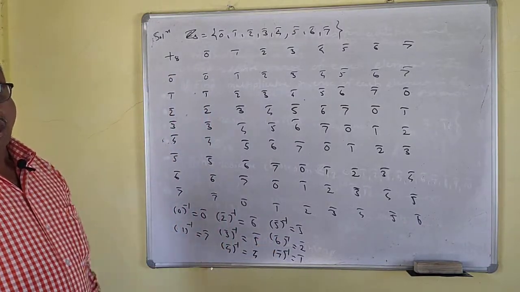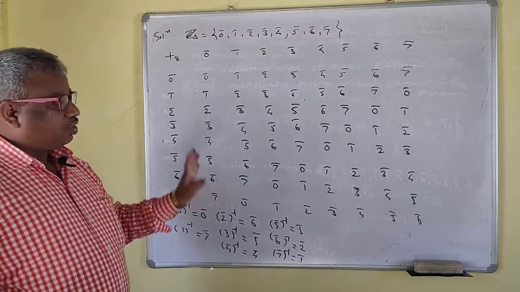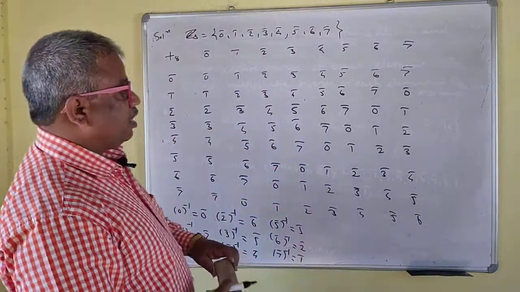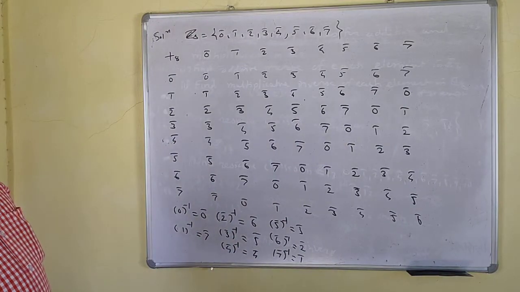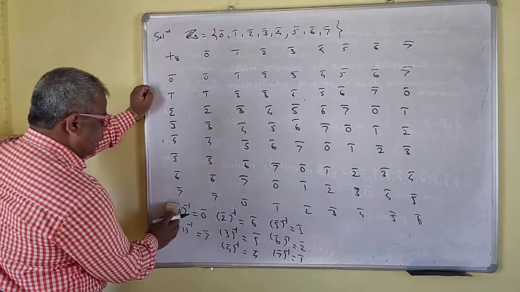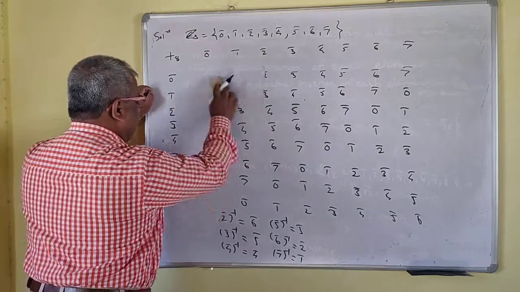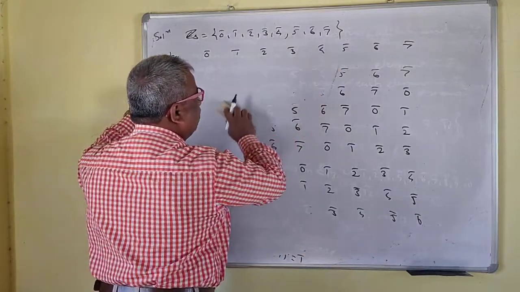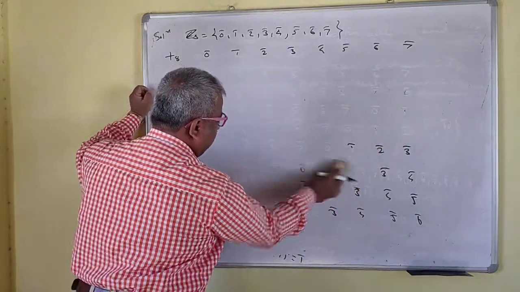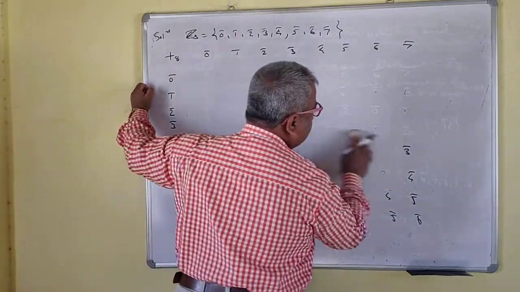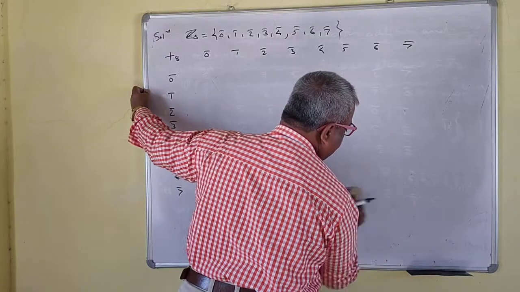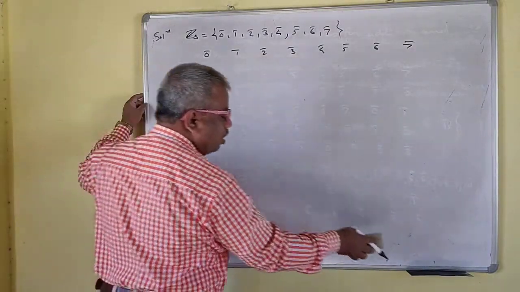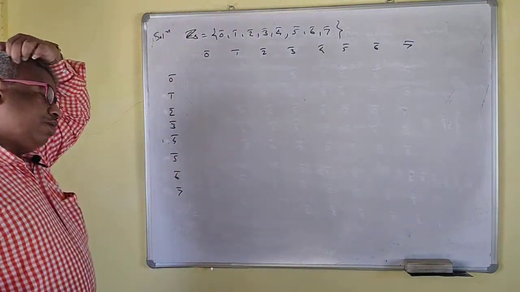So I have written all the additive inverses of each element here, and the additive inverse of each element exists. But the multiplicative inverse of each element may or may not exist. So we will see this in an example. There may be cases where none of the elements except one has a multiplicative inverse. So we'll see which elements have the multiplicative inverse. We'll do the table for multiplication